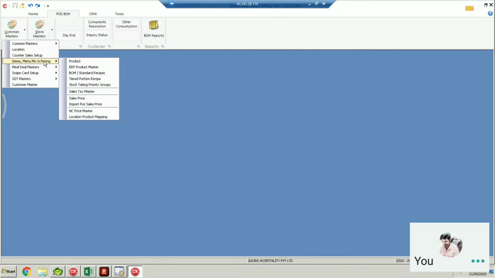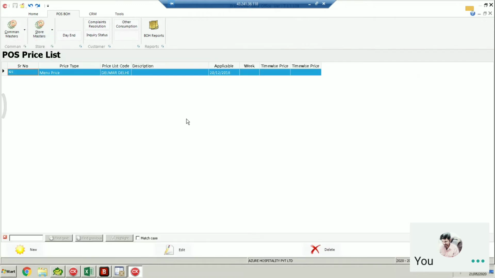In the price here, sales price. Here there is only one pricing which I have configured, and this is date-wise pricing. Now, if you say your delivery price for the restaurant and delivery price on the portal, the pricing configured for all the brands is channel-wise pricing, right? Delivery, takeaway, and dine-in prices are different, correct?